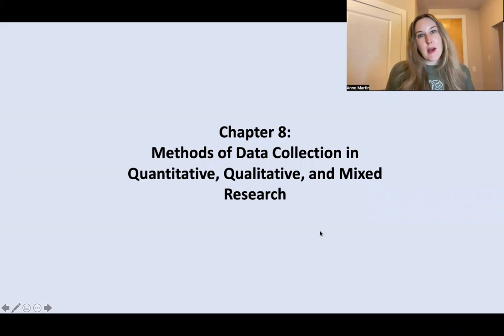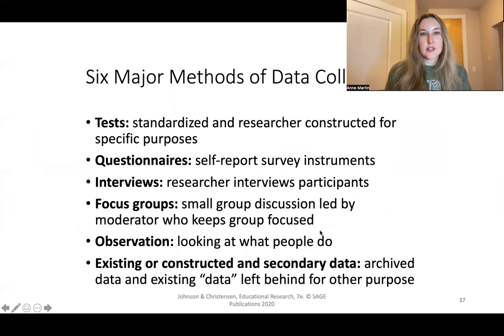So chapter 8, the methods of data collection. So 6 major methods of data collection: using tests, those evaluations and measurements that are covered in chapter 7, questionnaires, chapter 9, so watch that video, interviews, focus groups, observations, existing and constructed secondary data. So make sure that you could think of an example of these and you know those 6 major methods of